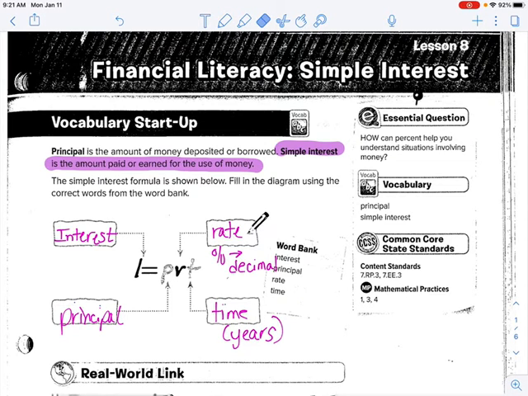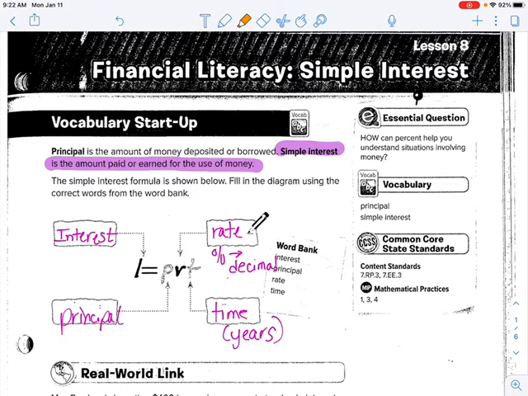And simple interest is the amount paid or earned for the use of that money. So if you put money into the bank, you can earn interest for your money sitting in the bank. And if you need to borrow money, you have to pay interest because that money is not free to borrow. And how you find out how much interest you need to pay or that you would earn is you use